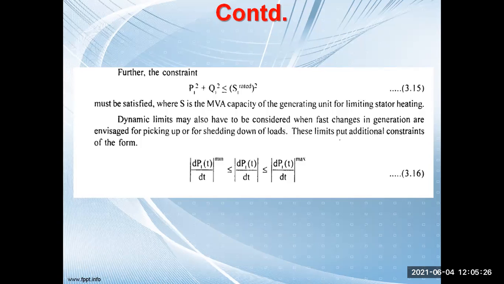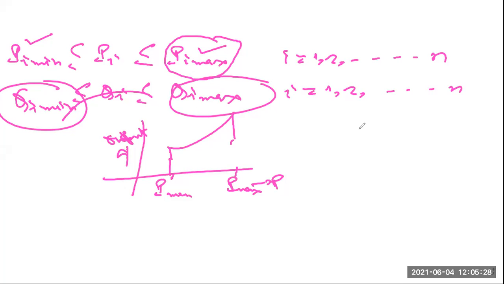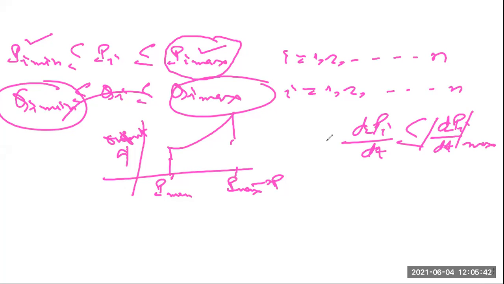So that is calculated basically. There is a certain limit for that. That is dPi by dt, the rate of change of active power generation. It is limited between some maximum value and similarly some minimum value. So the rate of change of generation will also have some minimum and maximum. That means dPi by dt is, per unit time, what is the change in generation? Per unit time may be per minute. For example, per minute you can change by 2 megawatt.